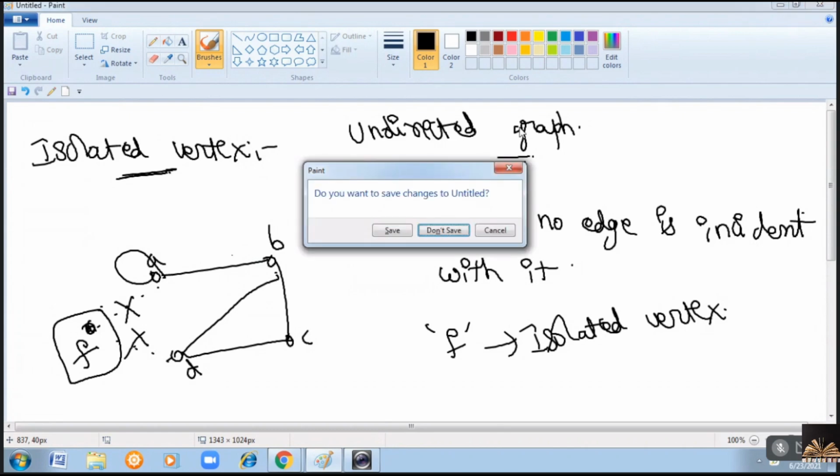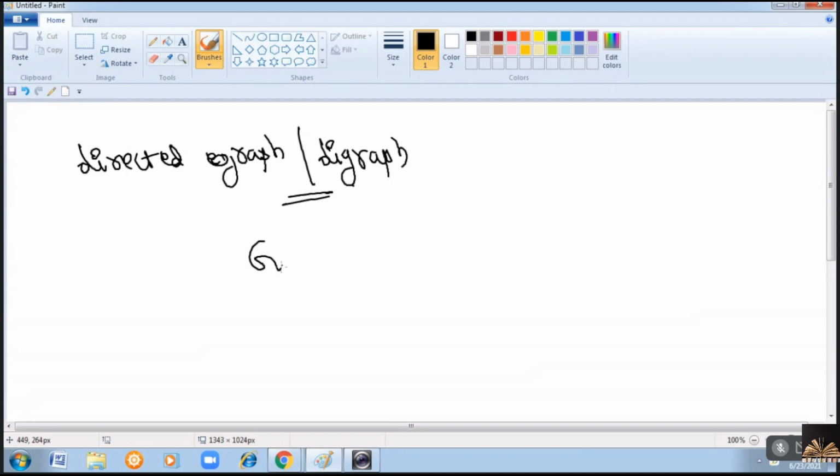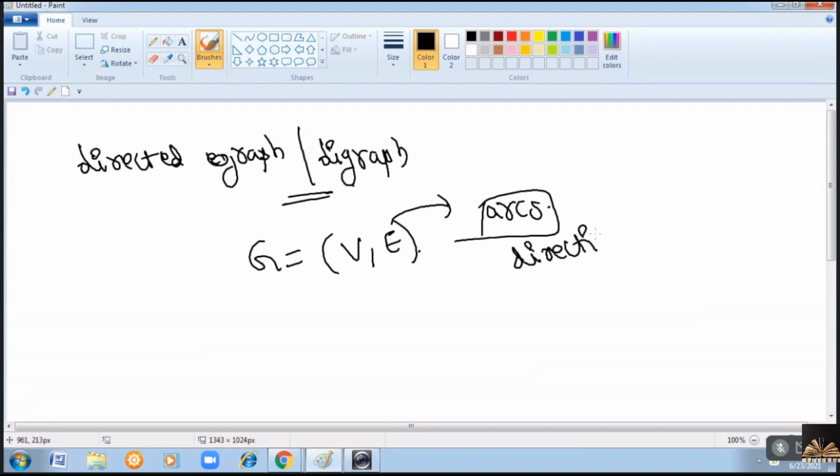So, you can have directed graphs also. If you have a direction to the edge, we'll call it a directed graph, sorry, not undirected. It is also known as a digraph. The definition is the same: a digraph contains a set of vertices and edges. In a directed graph, the edges are known as arcs. Why? Because you specify the direction of the edge.